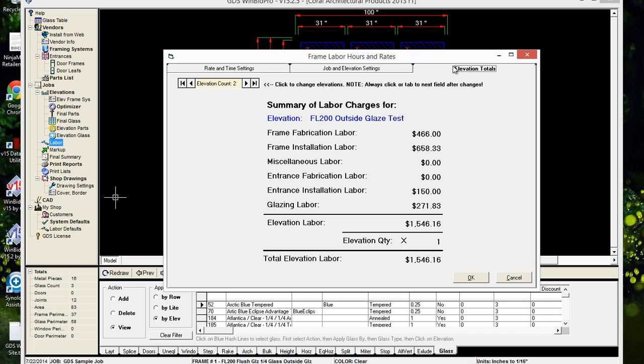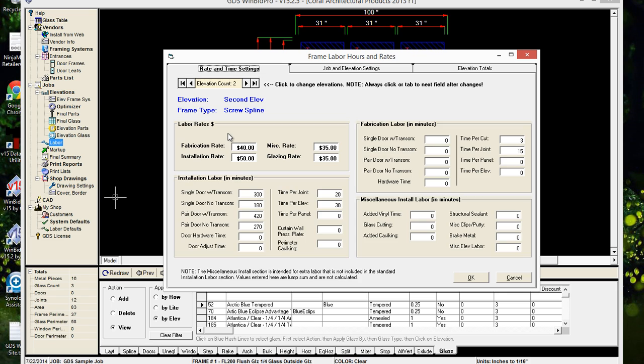Yeah, so all I really had to do is process, because when you're reapplying the labor, that's taking the actual frame labor. So glazing labor, since it's global to the program and not specific to the frame, you just need to process again. So we processed, and it went from 255.70 to 271.83. And then on the second elevation, it went from 174.30 to 178.50. So a few bucks. Not a big deal. But another thing you can do is make sure that your glazing rate is correct. Like if you're paying $38 for your glazers, and